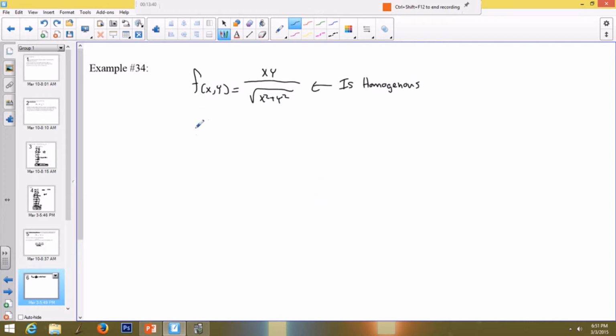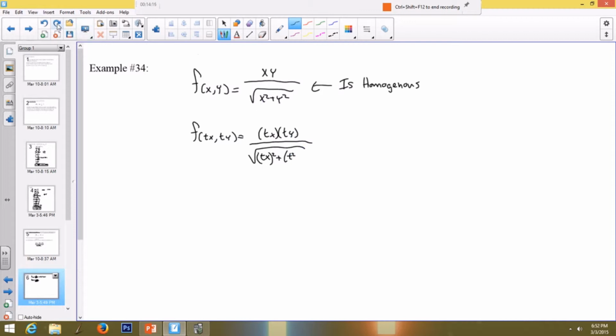So what we're going to do is plug in tx and ty. And then if we can separate out those t's and get them out in front and get this all by itself times some power of t, then it is homogeneous. So if I plug in tx and ty, I'll have tx on top times ty, all over the square root of tx, and then I have to square that, plus